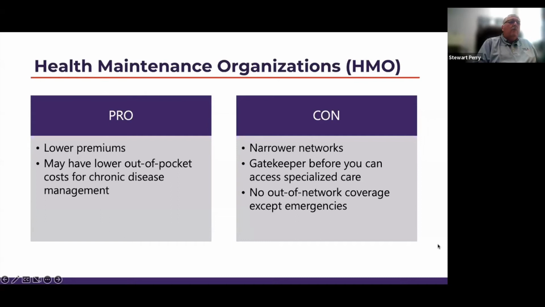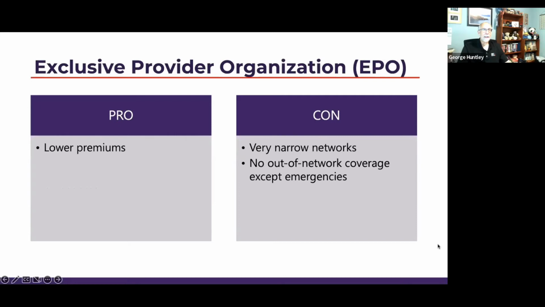Nice. So what's the difference between an HMO and an EPO? So an EPO, it's not just the first two letters and the O before the O, but an EPO does not have a gatekeeper. The simple thing about an EPO is it does not force you necessarily to go through your gatekeeper and your primary care provider before you go see a specialist. But man, those networks are very, very narrow. And you pay a lower premium. And again, you can't go out of network.